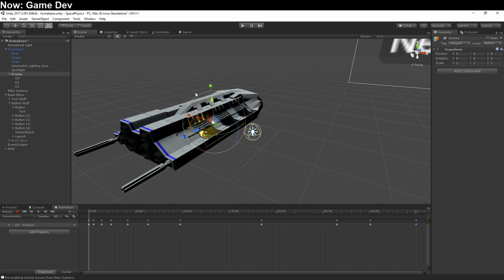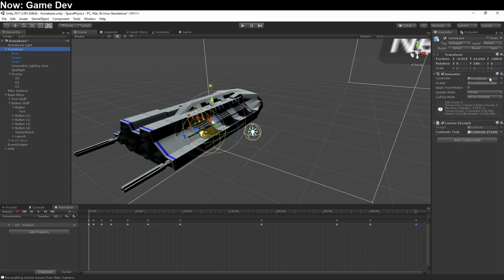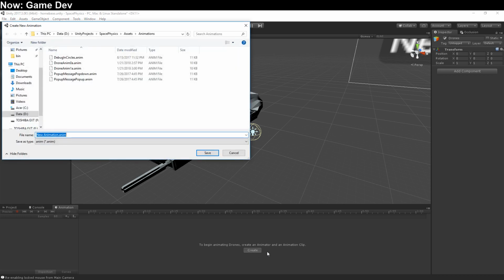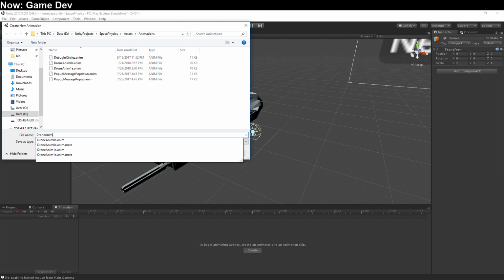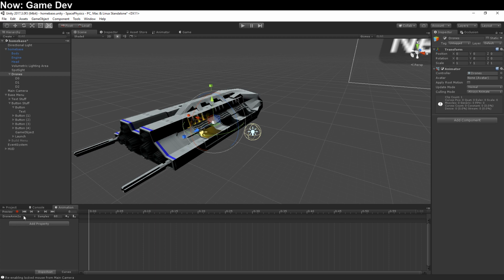Oh, I bet that Homebase has the animator. Yeah. Because it has an animator built in, so when I said record, it thought that I was trying to record for the ship, not for the drones. So there we are. Well, I guess we can create a new one. Boom. But what we should have is a drones controller now,